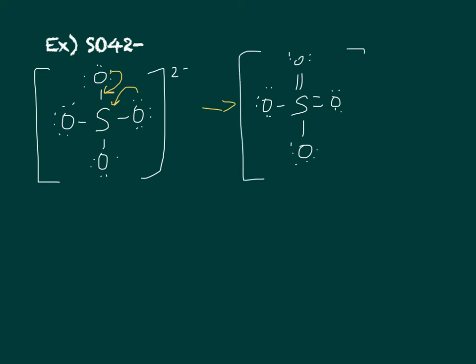Now, why would we do that? Why would that happen? The reason is the sulfur is actually more stable when it's doubly bonded twice to the oxygens. These two structures are indeed resonance structures because the only thing that I've changed is the placement of the electrons. Now, sulfate actually has a total of 7